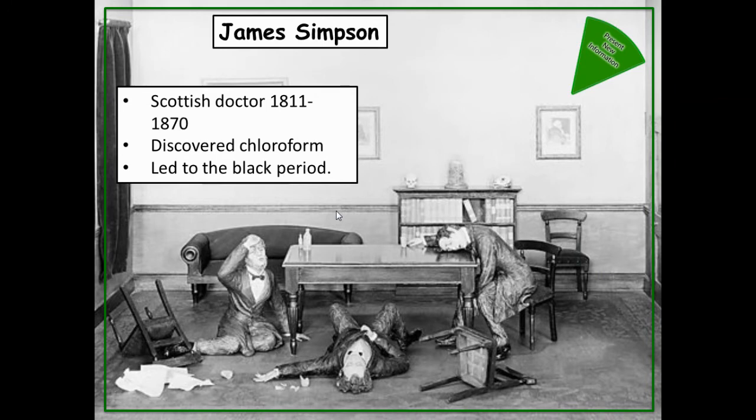James Simpson was one of the key people in challenging this idea, and in the 1850s he discovered chloroform, an anesthetic used to put people to sleep when they were in surgery. So the picture that you'll see behind is James Simpson at a dinner party. This is the legend of how he discovered